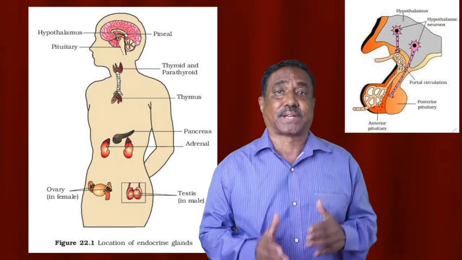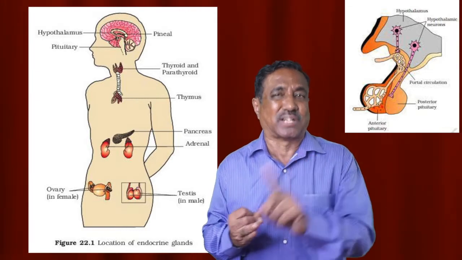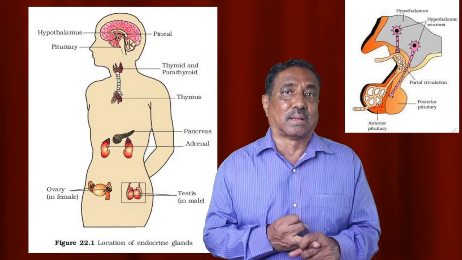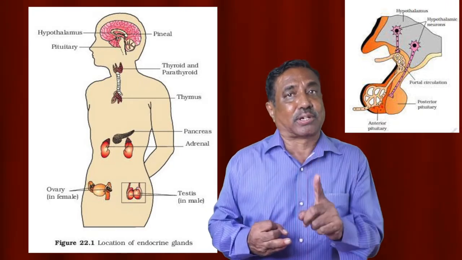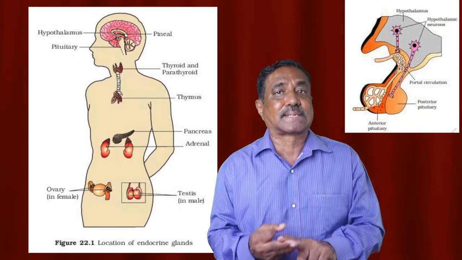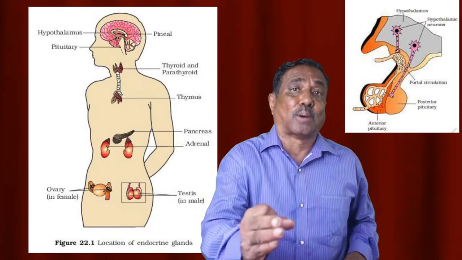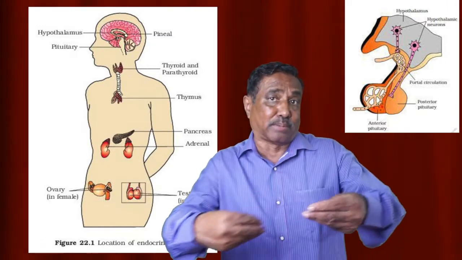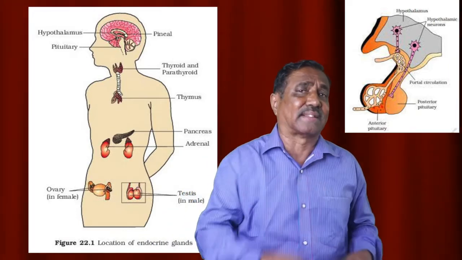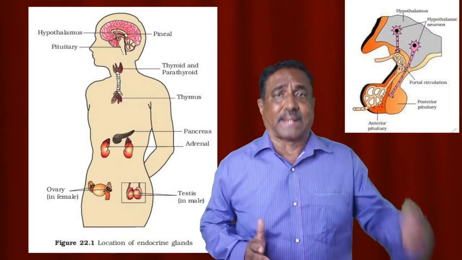And then FSH stimulates the development of the Graafian follicle. It stimulates follicle cells to secrete estrogen. In brief, I am giving. And in males, it stimulates Sertoli cells to provide nutrition to the germ cells, and it also stimulates Sertoli cells to produce certain factors required for spermiogenesis, that is the development of motile sperm from non-motile spermatid. These are the three important functions of FSH, as it plays a role in both men and women.